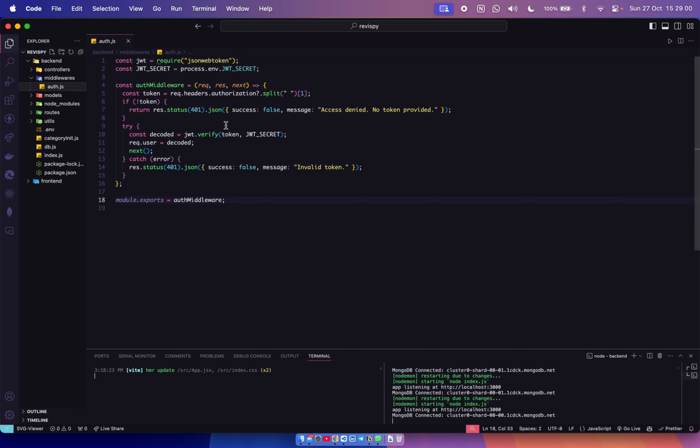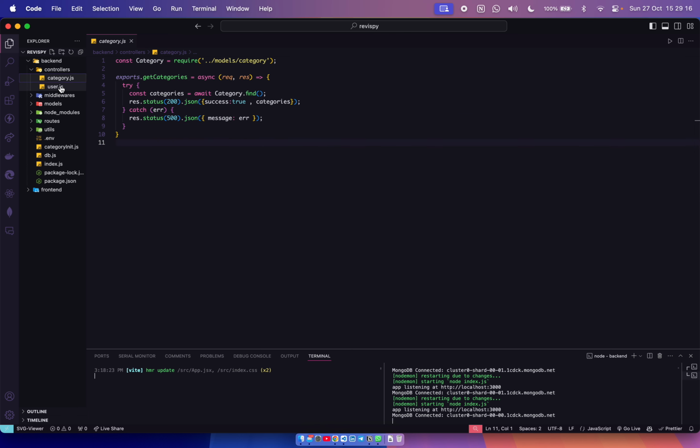After that we are having auth middleware, which is used to process the token coming from the front end, and from the token it will find the user. So this is the middleware, and these are the controllers.